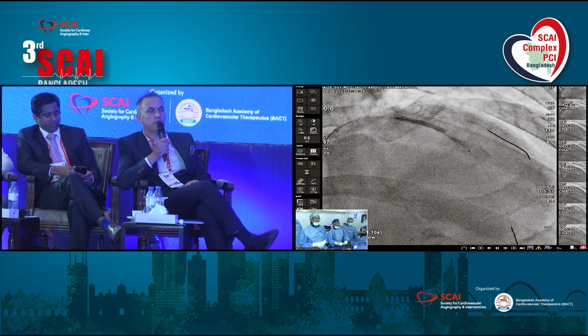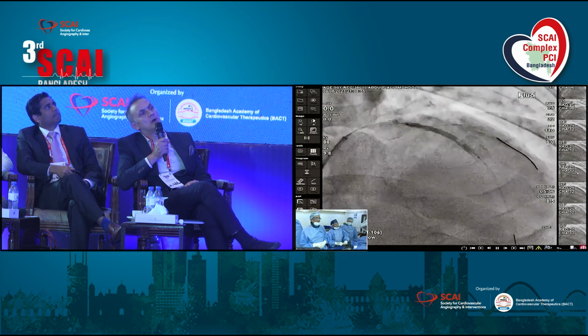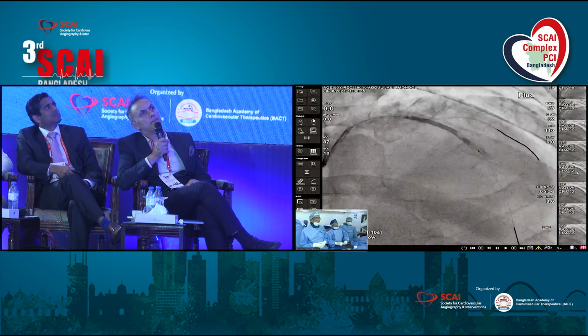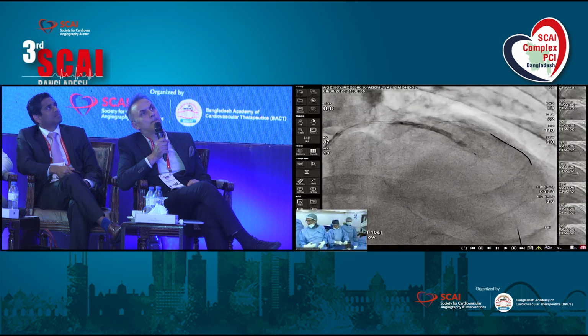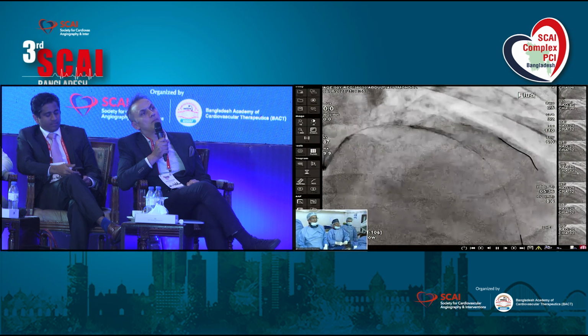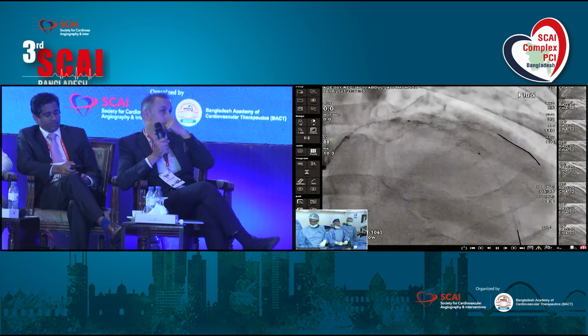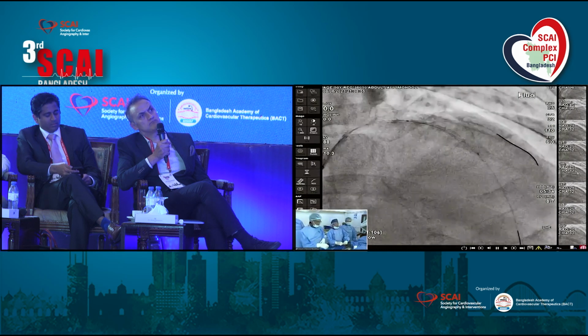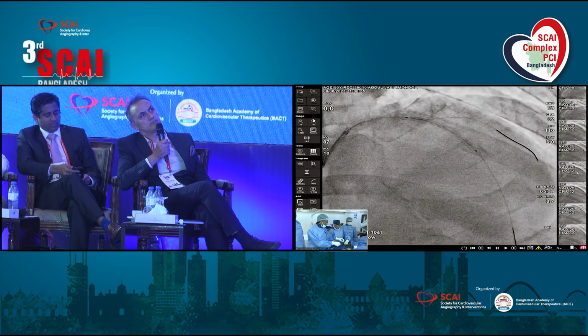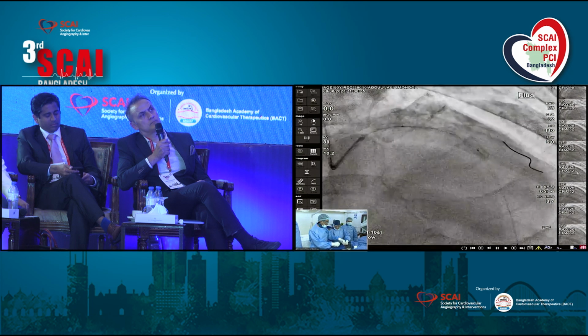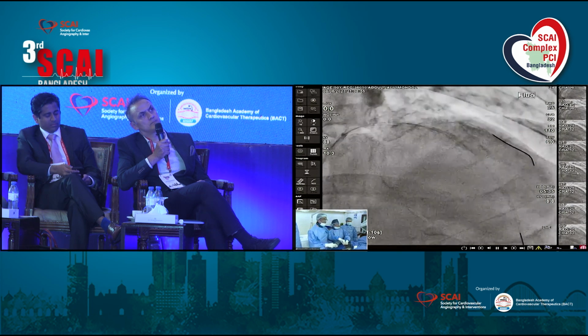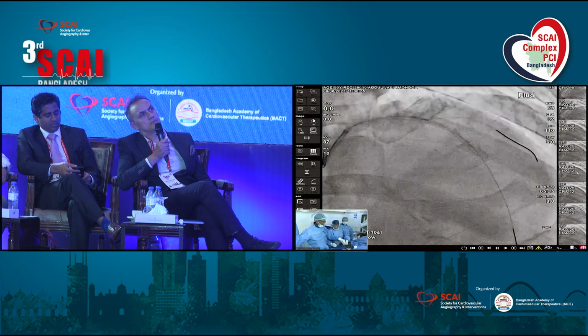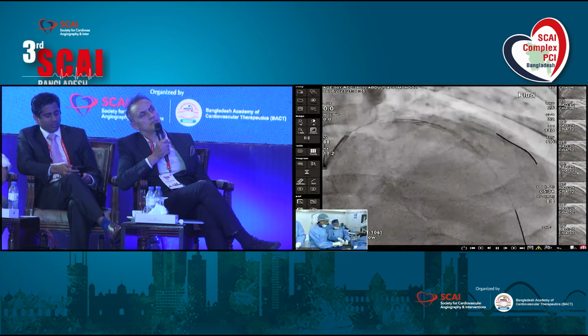So for predilatation, which size of balloon did you use? It is 2.75. What I like is to gradually increase: first 3, then 3.5, then 4. Somebody starts directly with a higher size like 4, but I personally prefer a gradual increase. Otherwise, sometimes I felt a strut fracture or there may be perforation, all of a sudden, given a larger size balloon.